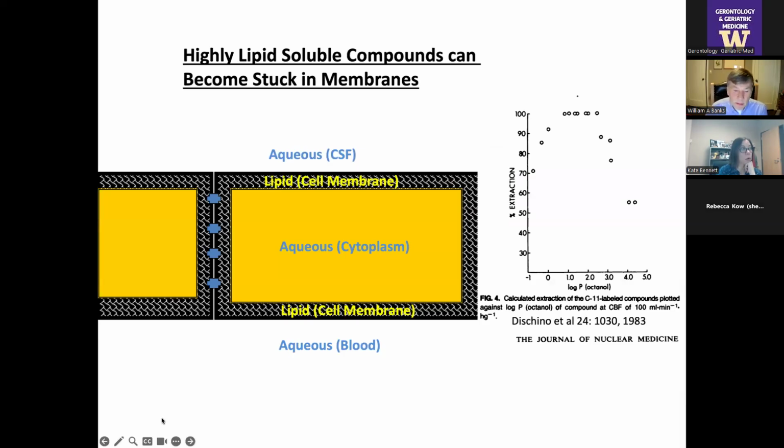So think about it. Imagine you're a little molecule and you're going down the bloodstream, and you say, "Oh, I want to get into the brain." And so there's a lipid layer right there. So this is what you've got to do. You've got to get out of the blood and get into the lipid layer, right? So therefore, you need to be lipid soluble. But then you have to transfer back into the cytoplasm, which is an aqueous media, and then back into lipid solubility, and finally back into the aqueous media of the CSF or interstitial fluid.